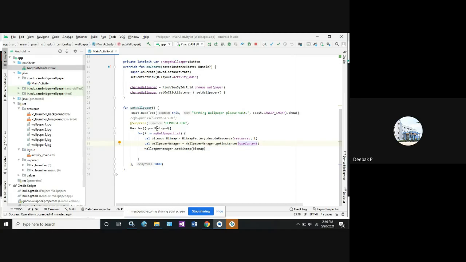Once you have written this function, after this we need to represent the delay seconds. Whenever you write this function dot postDelay, the delay milliseconds will appear automatically. As I have shown here, 1000 is 1 second, since 1 second equals 1000 milliseconds. So the output on the screen would be that the wallpaper will be changed after 1 second, depending upon the system performance it loads. And this is what your fourth program refers to.